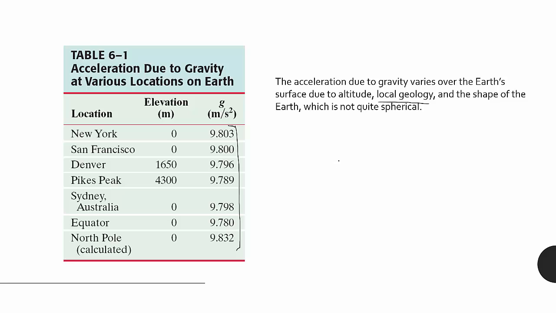So I was talking to this geologist once. We both had kids on the same soccer team, and I was asking him, how precisely do they measure the gravitational field when they're out plotting out an area of land? And he said, oh, we can measure to a milligal. And I'm like, what the heck is that? So I went and looked it up. There's actually 1 gal, a unit of acceleration equal to 1 centimeter per second squared. So acceleration is 9.8 meters per second squared, or 980 centimeters per second squared, or 980 gals.